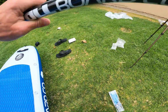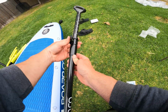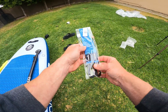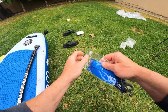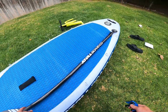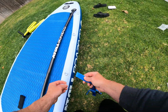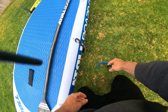So if you're taller, obviously you're going to be on the taller end of this. If you're shorter, you can shrink it down, whatever. I haven't tested it yet, so I'm going to start off with that at 0. Then we have these little paddle straps, the set of 2. What we're going to do with those is take those out of the bag. What these do is they fit on these side D-loops here, or the D-rings. Usually I have my paddle on the left side, so all you're really going to do is clip it there,